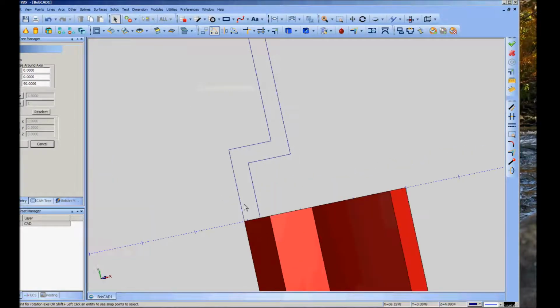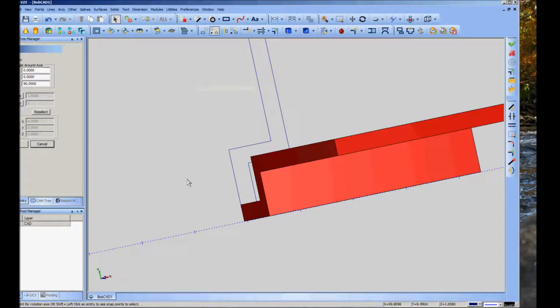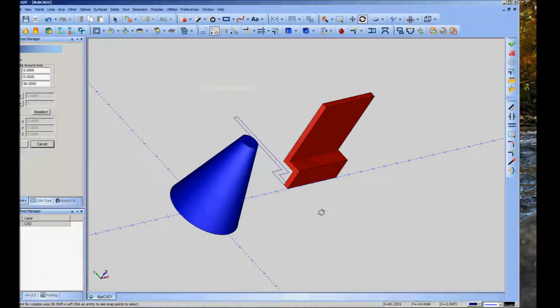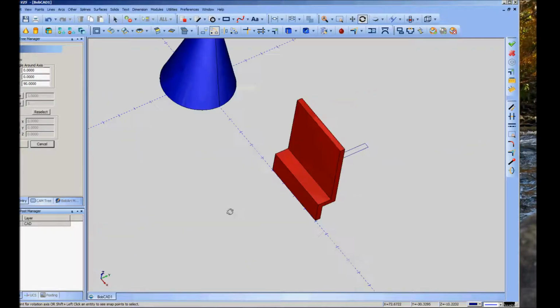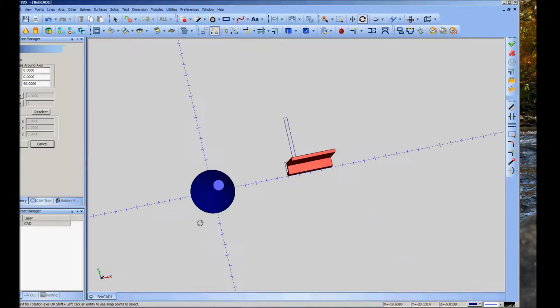Confirm, and I can pick either one of these two. I'll just pick the same one. There we go. Okay. Alright, so what we've got is a shape that's essentially the positive that will form the keyway. So the next thing I want to do is just translate this thing down to my cone,